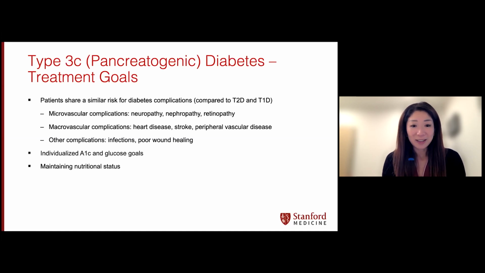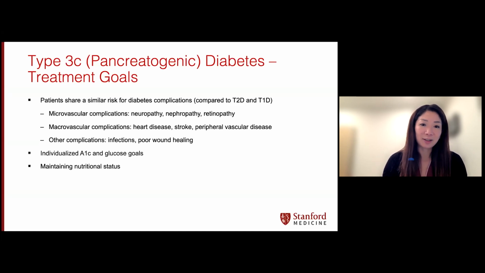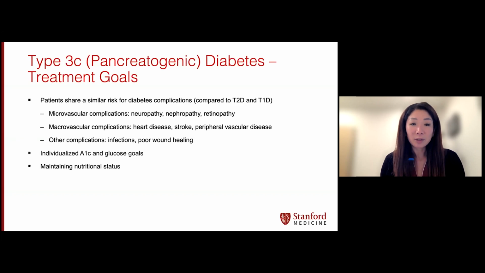long-term goals, like, if somebody has a poor health prognosis with metastatic cancer versus if somebody is young and otherwise healthy. So it's very critical that you talk to your doctor or your other healthcare providers about your individualized blood sugar goals. It's also important to maintain nutritional status, which Leah will talk more about later as she is the expert in this.